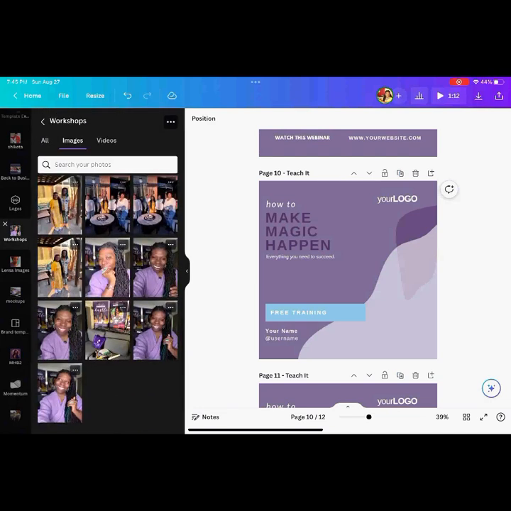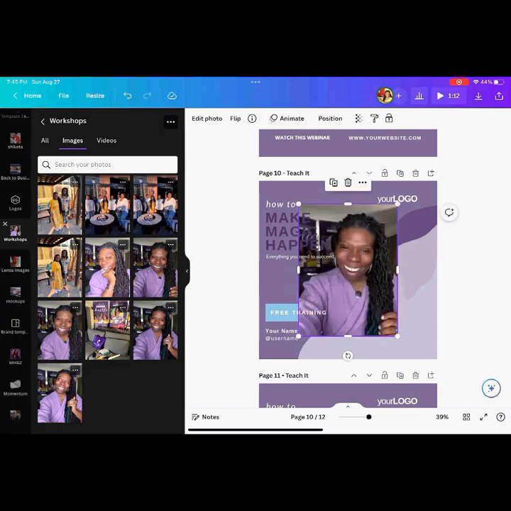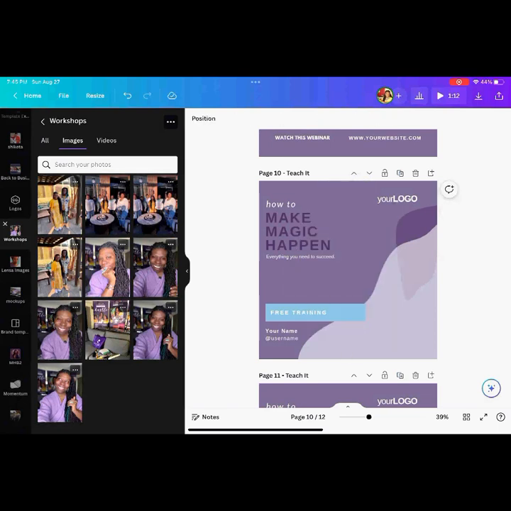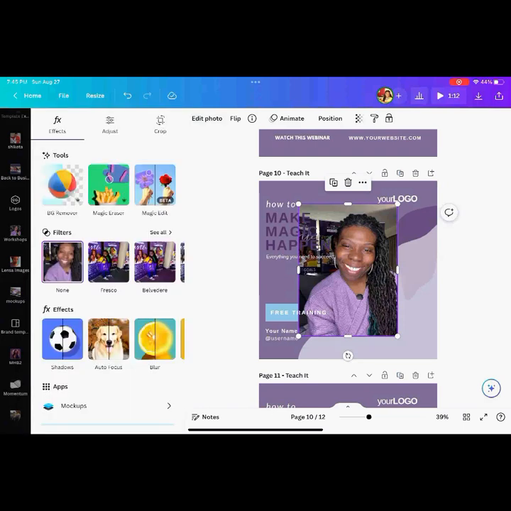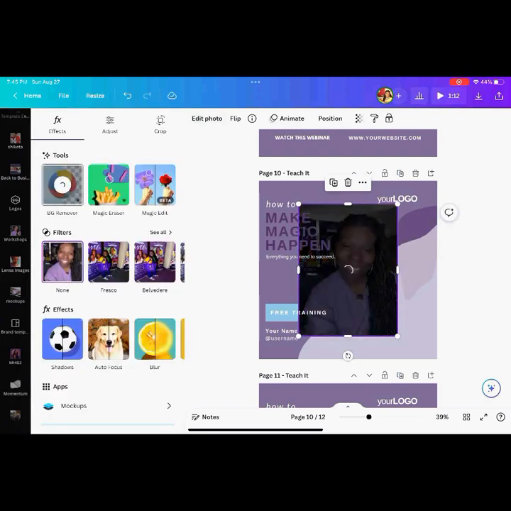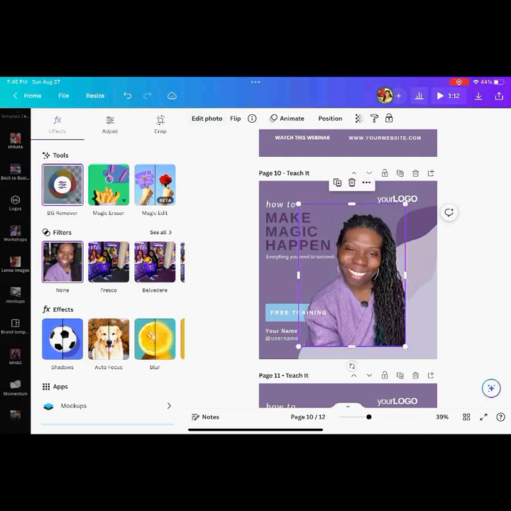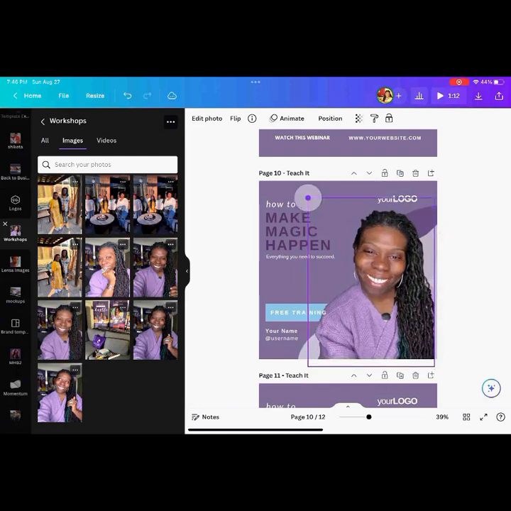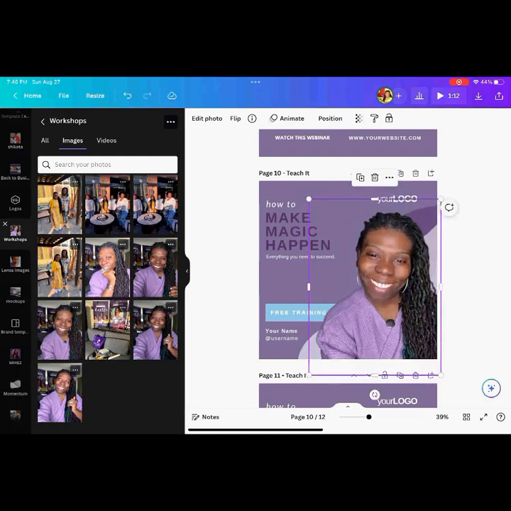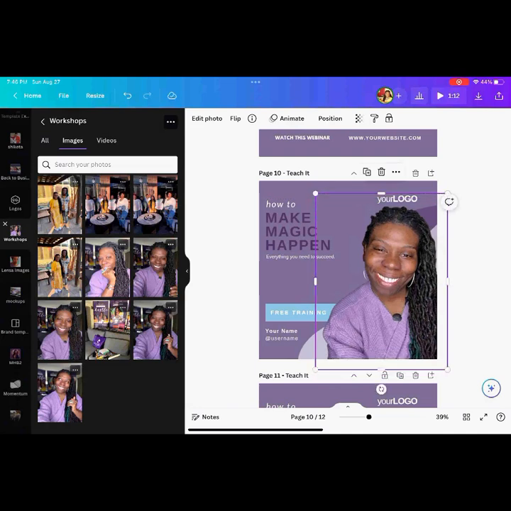Let's try one of these, please. And use something like this, and in this case it will fill it out a little bit more, and I don't have to worry about that photo in the back, right?